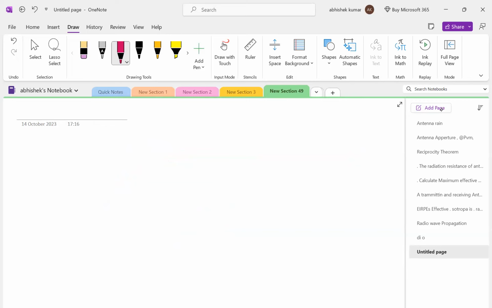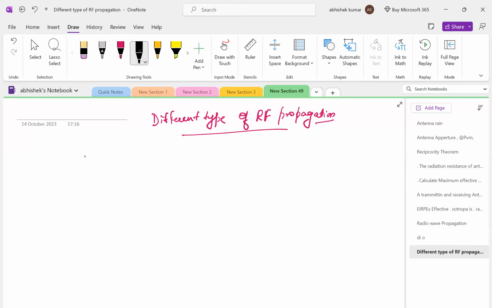Okay, we will see some propagation. Now it's time to study some propagation, different RF radio propagation. One is,